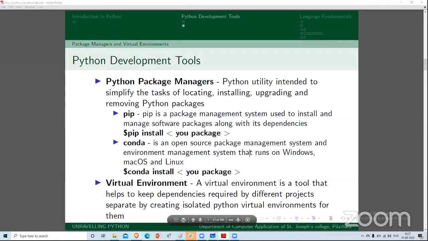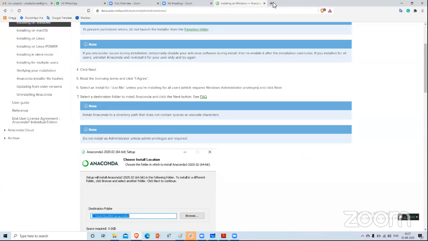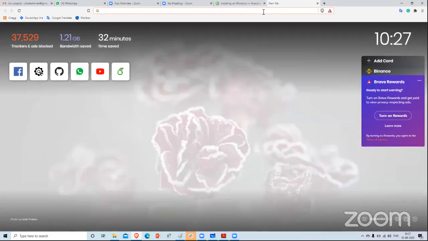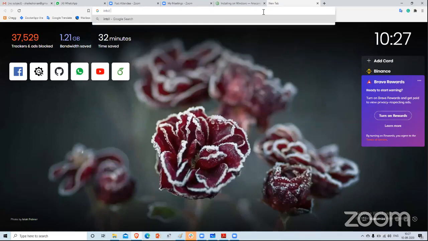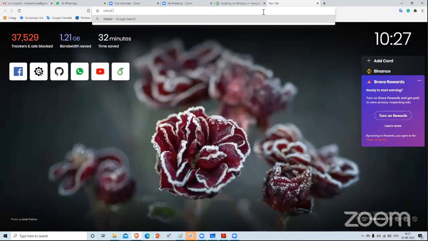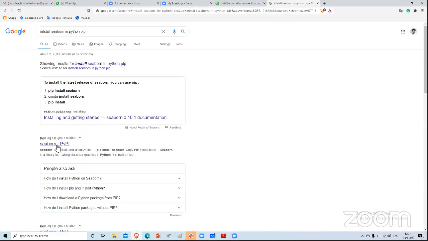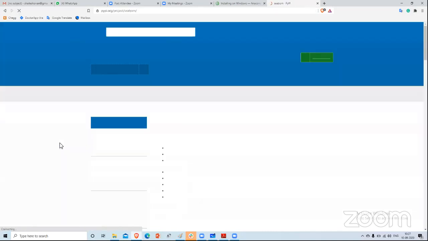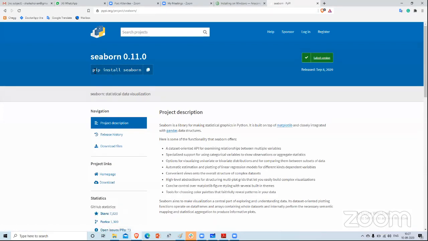For some packages there is a difference. For that you can simply Google it, like install cboard in Python pip. Just search it, and you can see a website called pypi.org, and on searching it you can see the command here: pip install cboard.